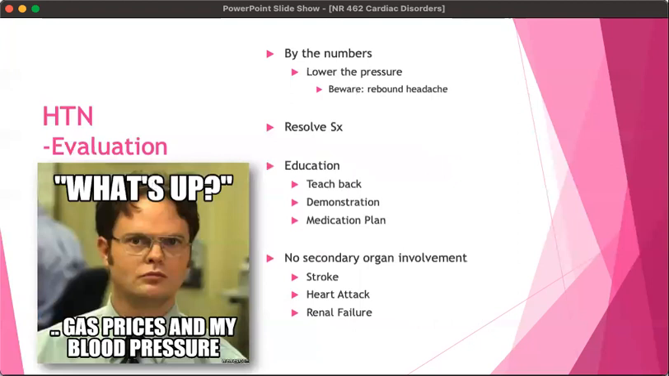So for the evaluation component, first and foremost, by the numbers, check their blood pressure. Should be closer to that normal range than it was before. Things we want to look out for are those rebound headaches. So those symptoms of hypotension that are subjective. So normotensive, but because people have been hypertensive for so long, they're now symptomatic of hypotension,